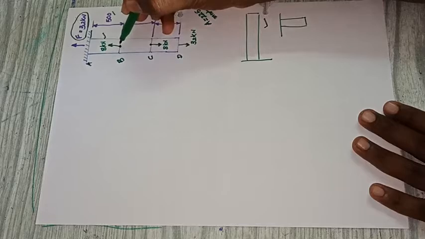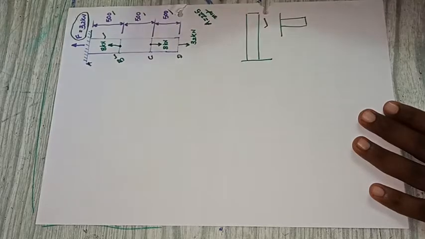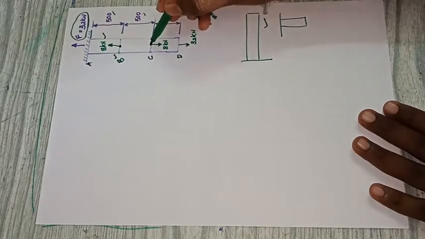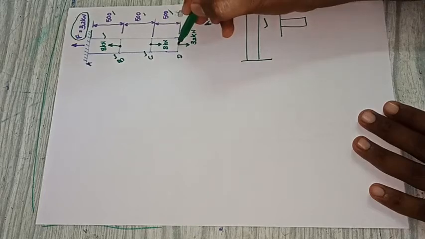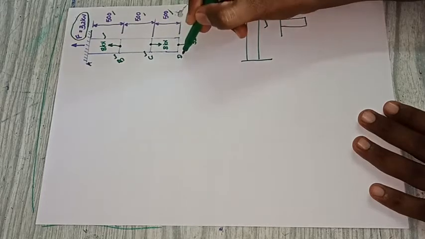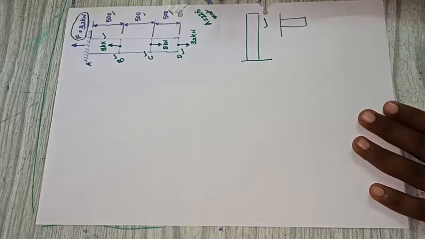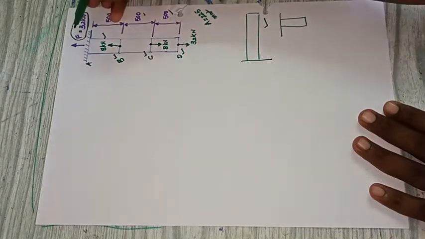Here I made sections based upon where the load is acting. At this point the load is acting, I take the point as B. Here is the point of application of another 8 kilonewton, and I will take the point as C. The 32 kilonewton is acting at the free end, so I will consider this point as D. First of all, the foremost thing is that we need to find out the reaction force. Here I got the answer as 32 kilonewton.